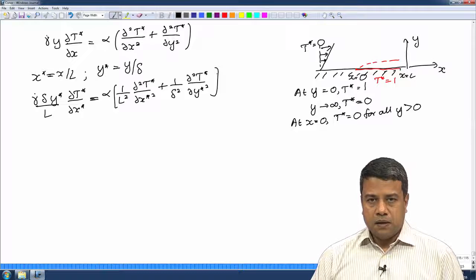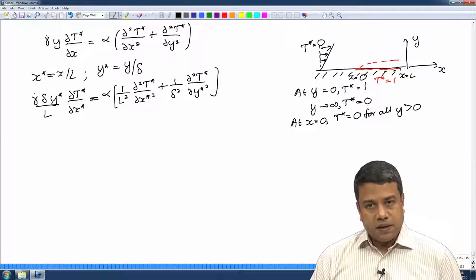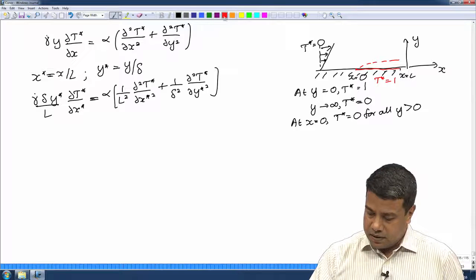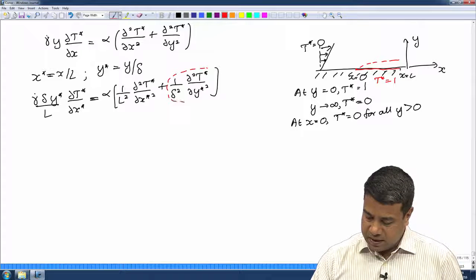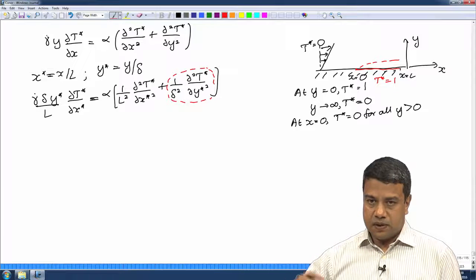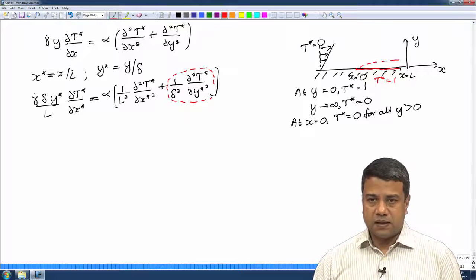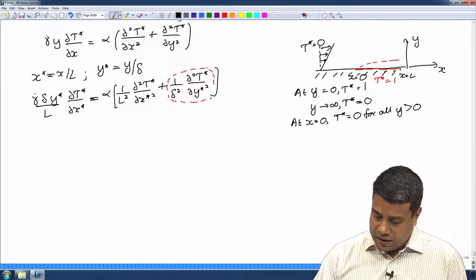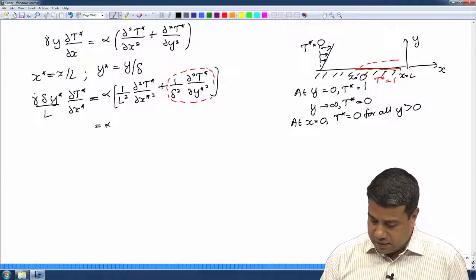where I have scaled y by delta and x by L. In the diffusion term on the right side, the largest term is this one, because 1 by delta square is much larger than 1 by L square. Delta is much smaller than L. So, I would expect 1 by delta square to be much larger than 1 by L square. Okay. Therefore, the right hand side can be written as alpha by delta square